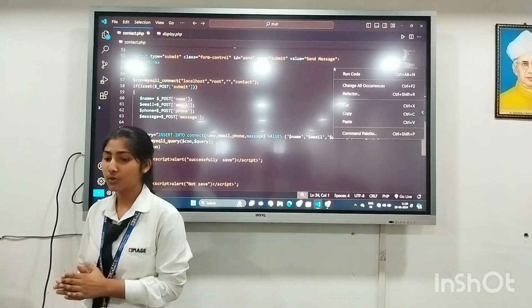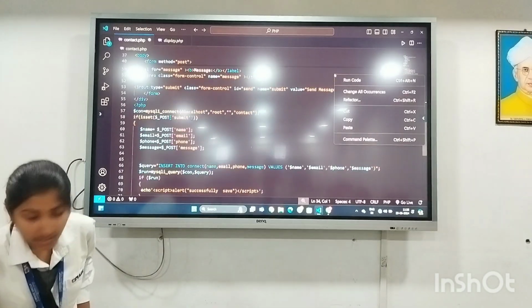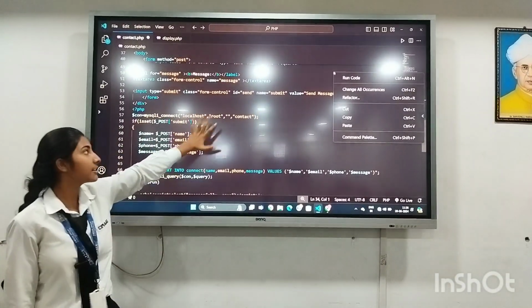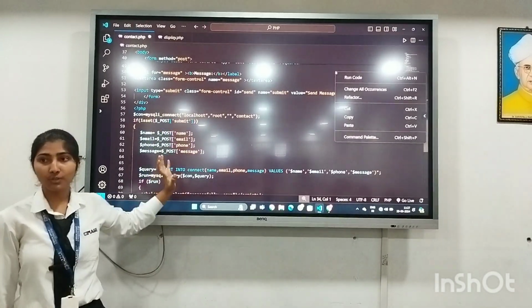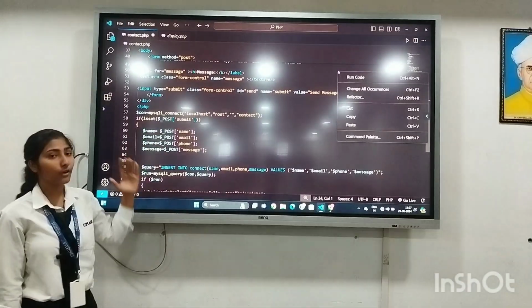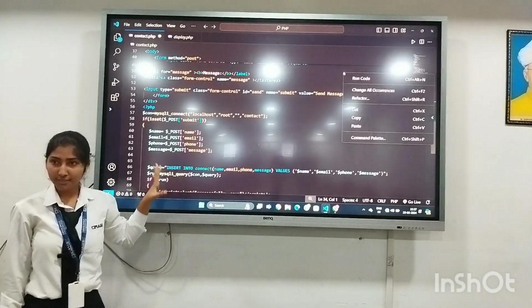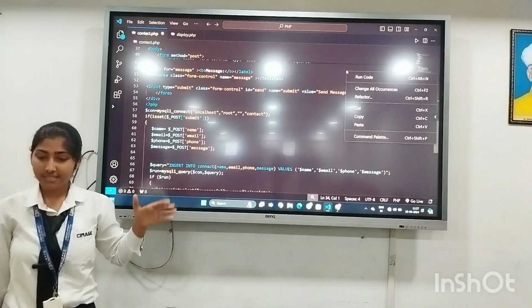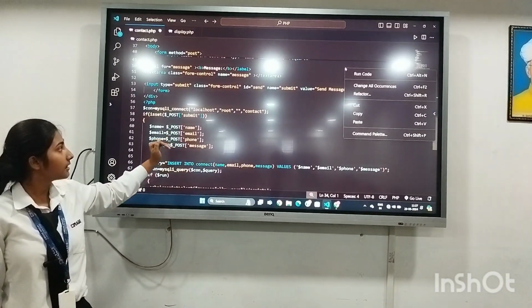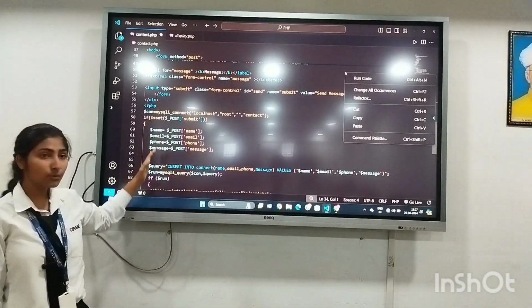As you can see, one of the input types has the name submit. It means that submit is already used, so it returns true. If it returns true, then the further code will execute. If it returns false, then it will not execute the code. But as you can see, submit is available here, so it returns true, and my further code will execute.